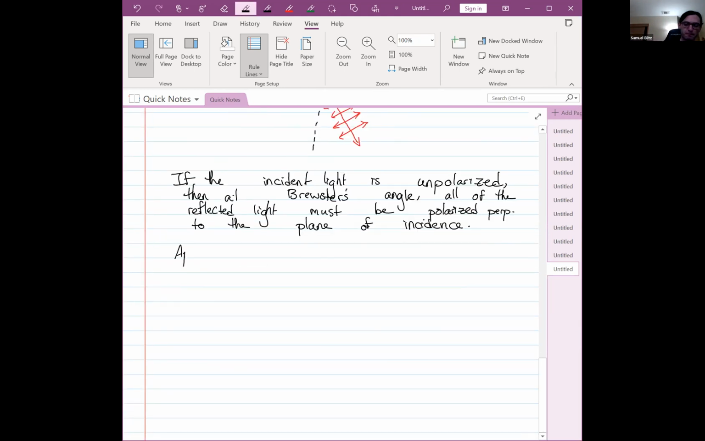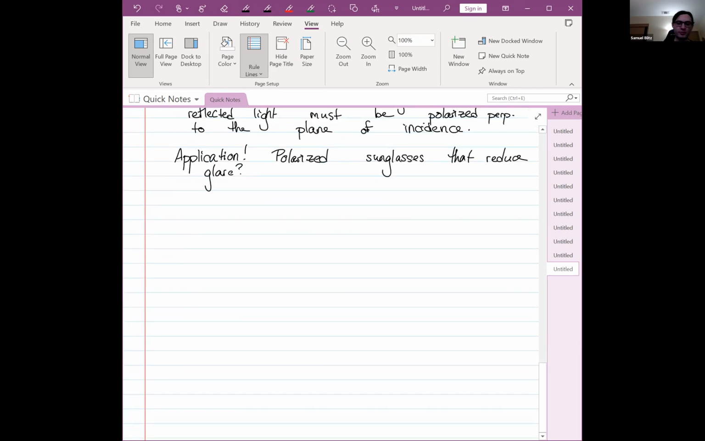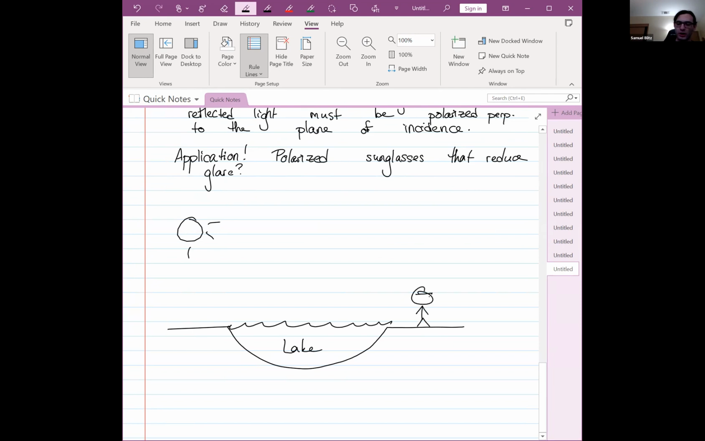So we can apply this to make useful things. Polarized sunglasses can reduce glare. How does this work? Well, I'm going to draw a very rough picture. Here is the sun, and then let's say that you have a lake that the sun is going to bounce light off of. And let's say that there's you, LL Cool J, wearing your cool polarized sunglasses, right? Well, the polarized sunglasses are vertically polarized, up and down. Now, when the light comes in, if it comes in at precisely Brewster's angle,